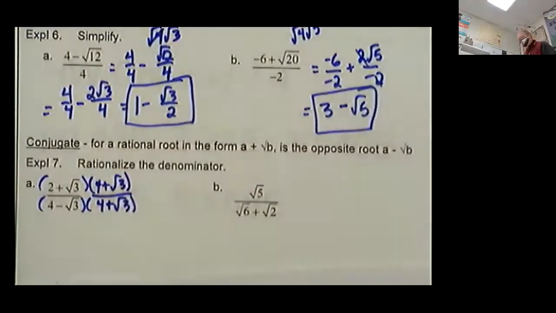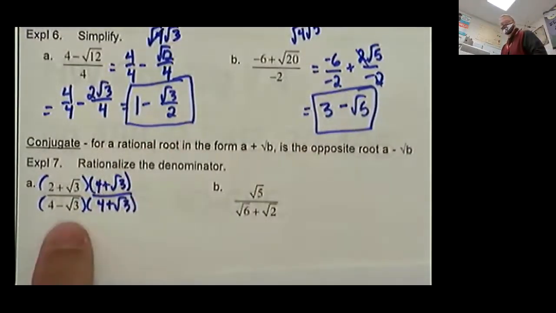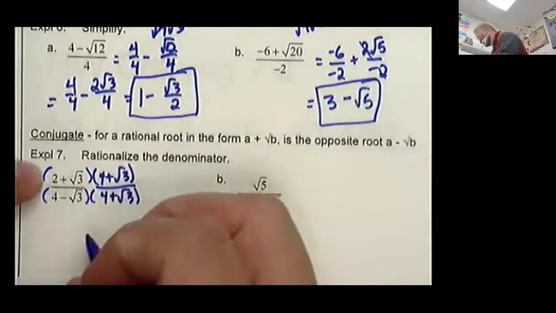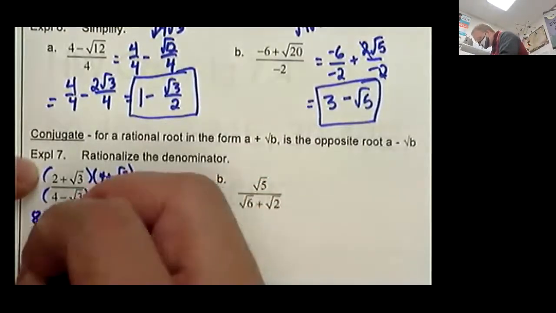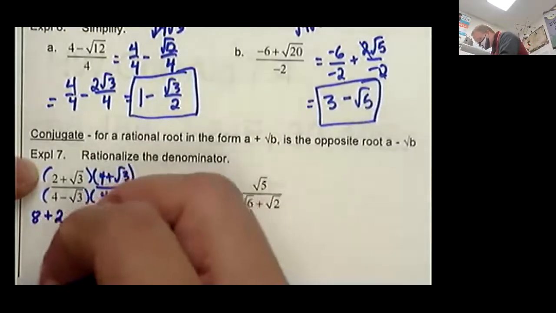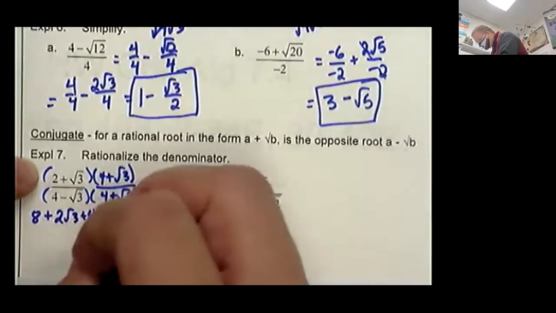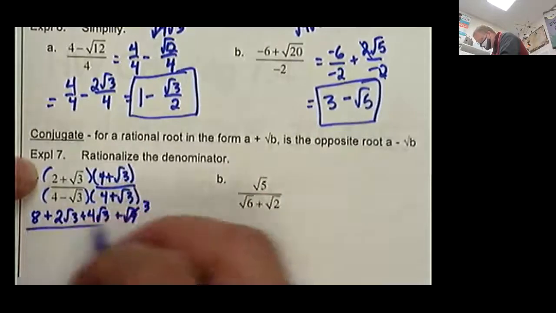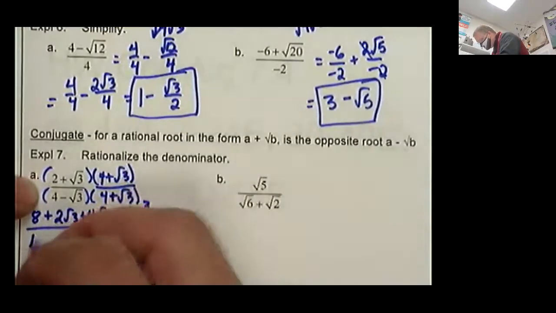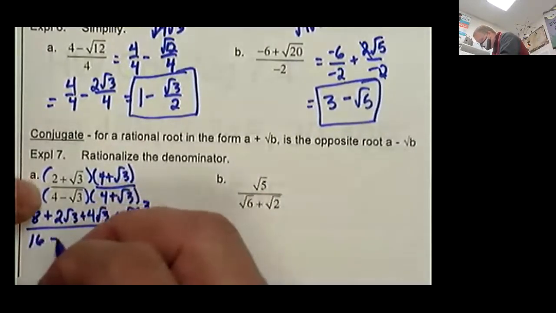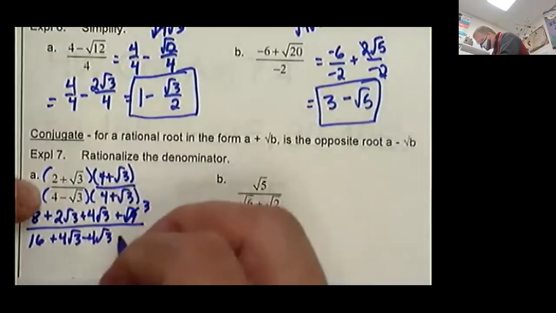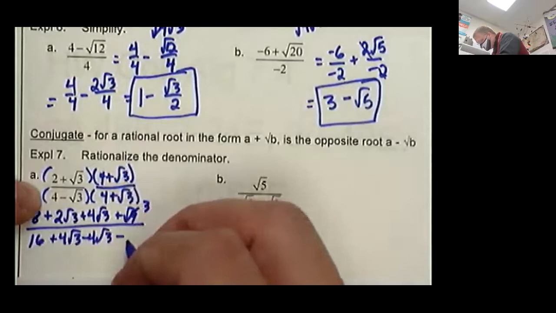And we're going to see what happens. Basically, we turn this into a sum and difference pattern, so the roots are going to cancel. So in the denominator, the roots have to always cancel. We're going to FOIL this. This is 8 plus 2 root 3 plus 4 root 3 plus the square root of 9, which is 3, all over. 4 times 4 is 16, plus 4 root 3, minus 4 root 3, minus square root of 9,